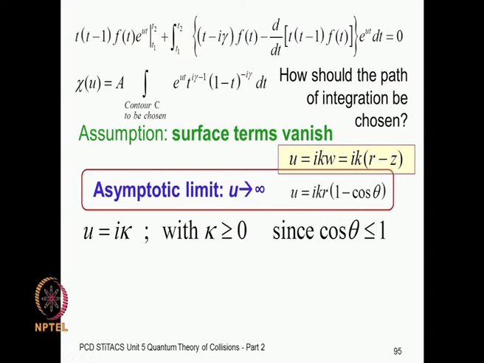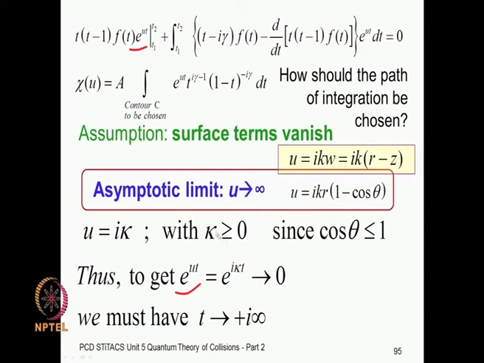Okay. So, no matter what part of the space I am looking at, kappa will always be greater than or equal to 0. Now I want to get this e to the ut to go to 0, because I want to kill the surface terms. To kill the surface terms, I require e to the ut to go to 0, and what is ut? Ut is i kappa times t, and this should go to 0,